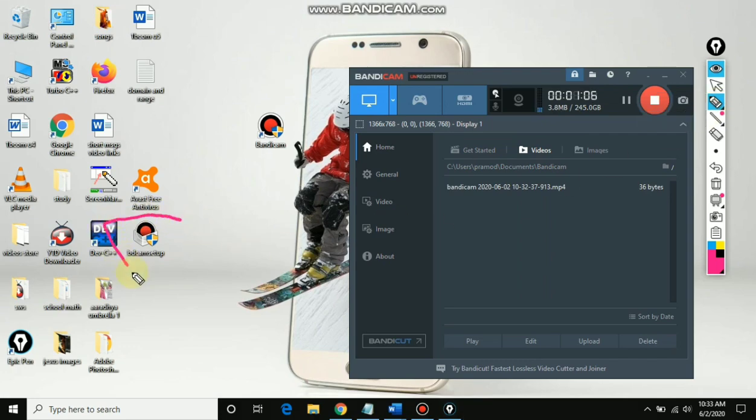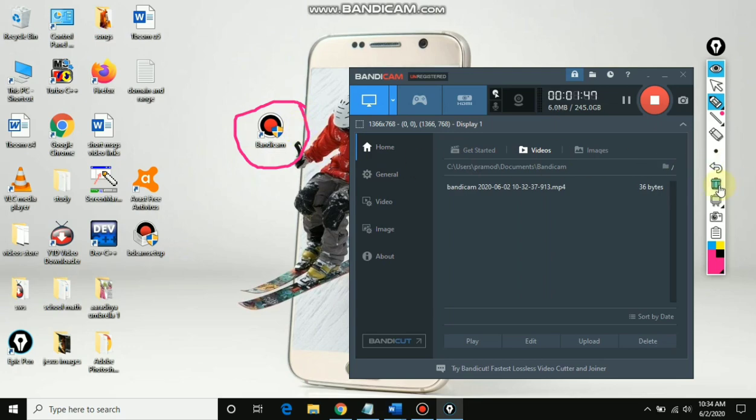The path I have chosen is desktop, so that's why the file got downloaded on the desktop. If you have chosen a path somewhere in C drive or somewhere else, the file will be saved in that particular location. Once the file is downloaded, just double click over here. The installation process gets started. Once the installation is over, a shortcut icon of this Bundycam software appears, see here. So this is the successful installation.